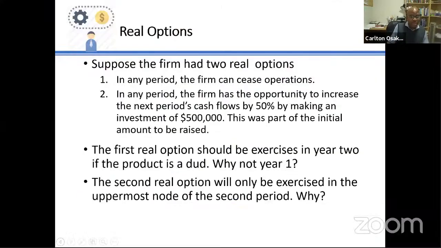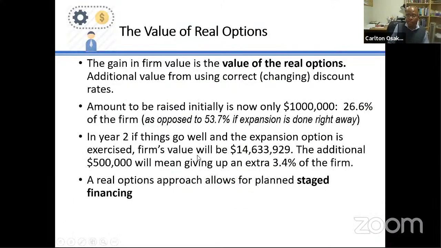And because you don't spend 1.5 million at the beginning, you only spend 1 million, you don't have to sell off 55% of the firm. It turns out you sell off 26.6% of the firm,